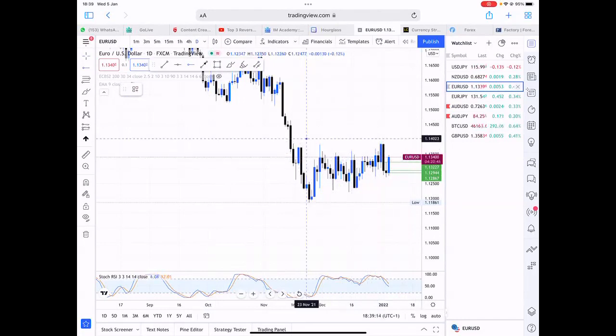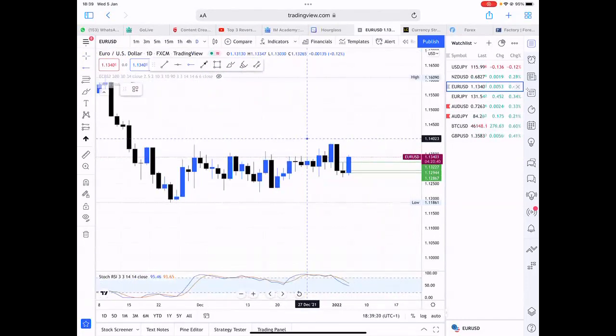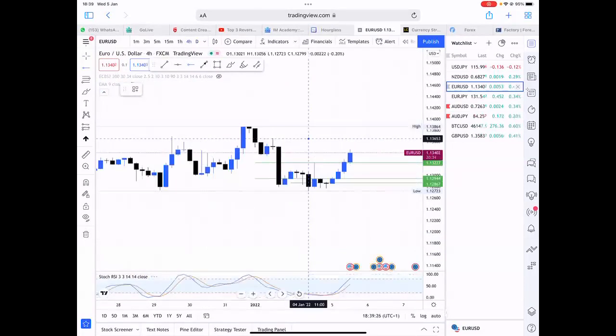So we have picked the previous day's support and resistance and present day's support. The next thing we want to do is go to the 4 hours time frame, like I said earlier. And what are we looking for in the 4 hours time frame? Good question. In the 4 hours time frame we are looking for areas of value.